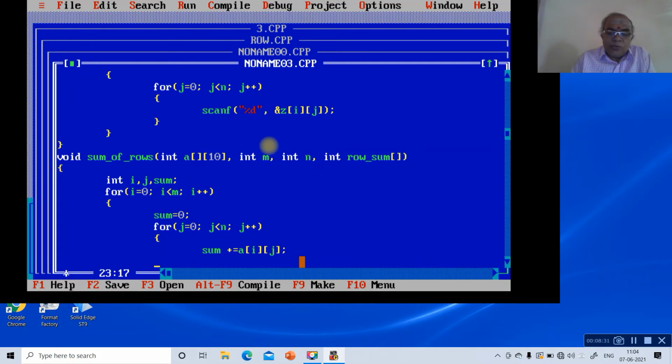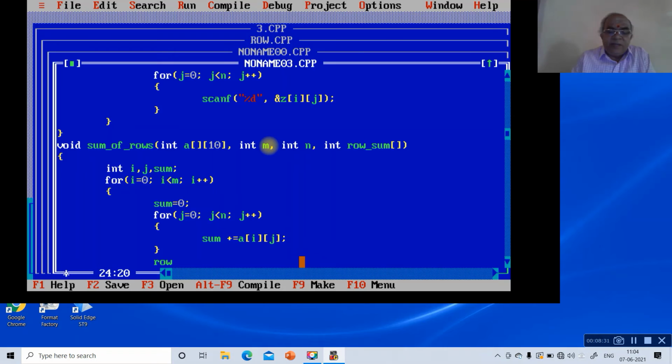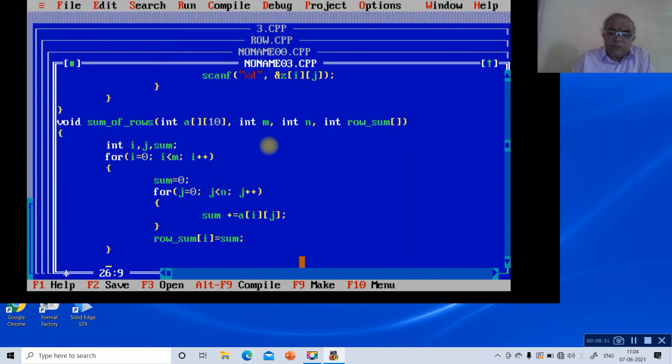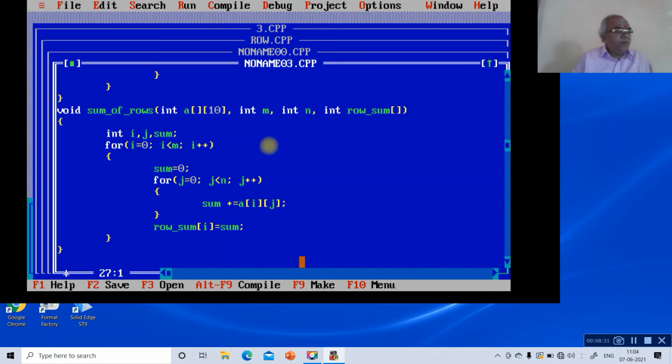Then we will write this, and finally we will say row_sum of i will be equal to sum, then we will close this function. Now we will go for writing the sum of columns. So sum of columns,